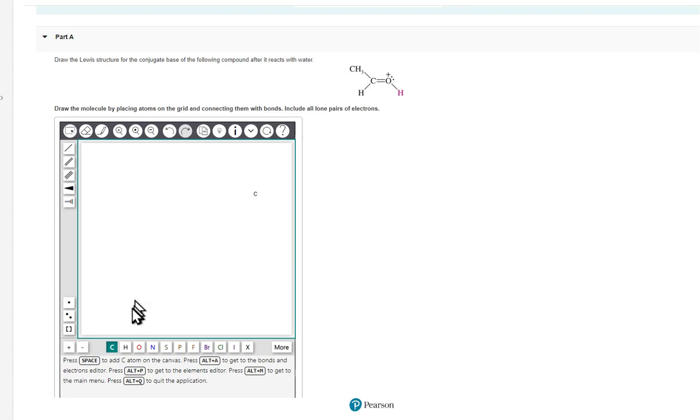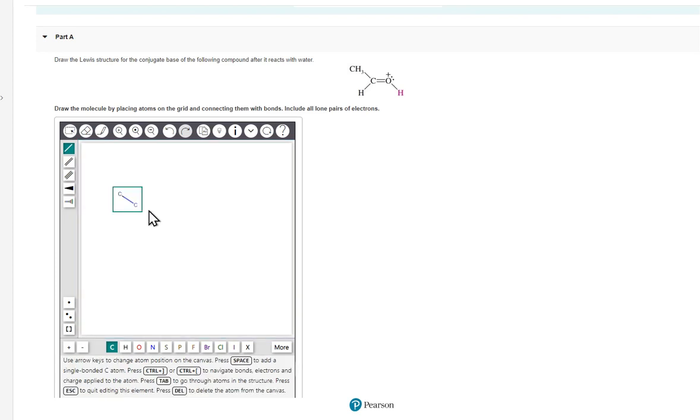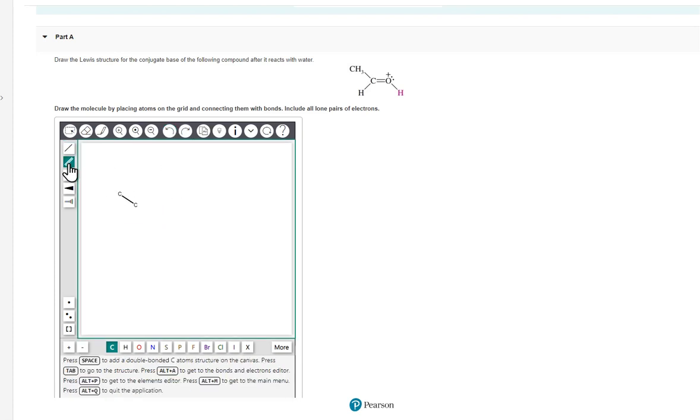Marvin is just not incredibly intuitive to me, but let's roll with it. Okay, I've got a C on the screen already. Okay, can I put a C here? Yes. And then can I do a single bond and drag it maybe to here? And then I want to do a double bonded oxygen here. So let's go to, I did not mean to do that. Undo. I want a double bond